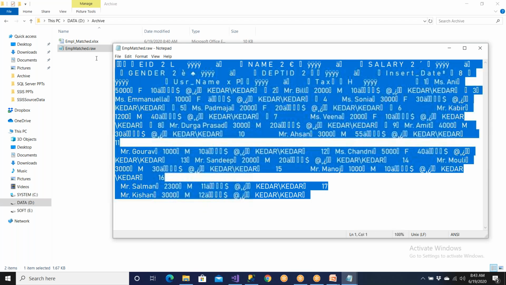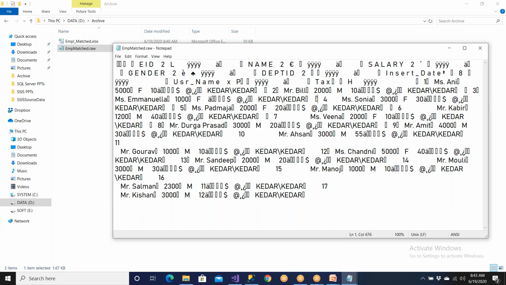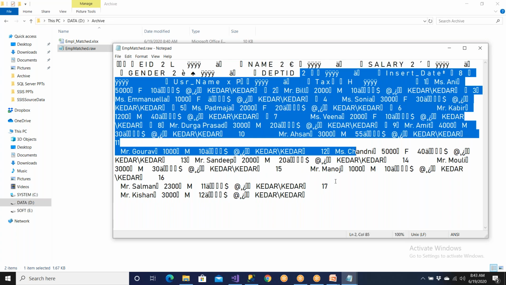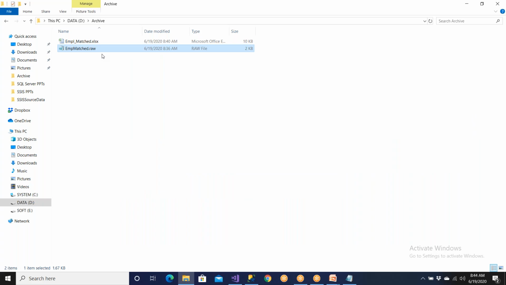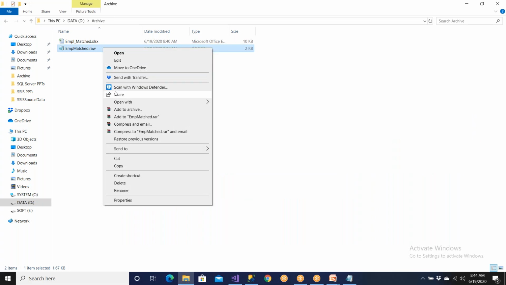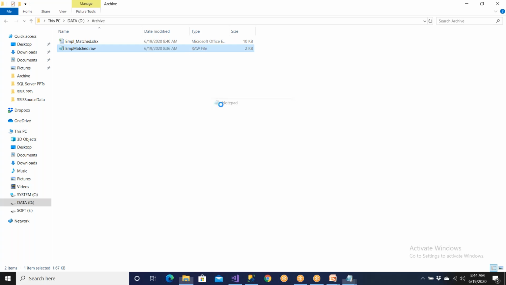So this is the data in raw file. If you wanted to read it, you cannot read anything because there is no proper software to read the data. Raw files are not meant for human beings to read. It is there to store some data. You cannot open it because there is no software available to open this also. If you wanted to open it with Notepad, you can try, but you cannot read anything